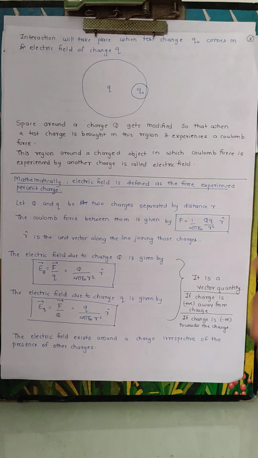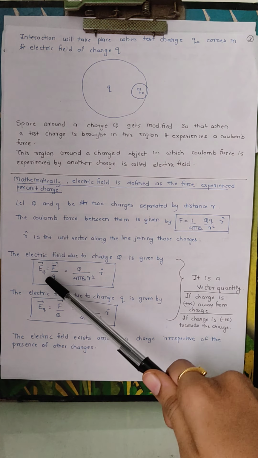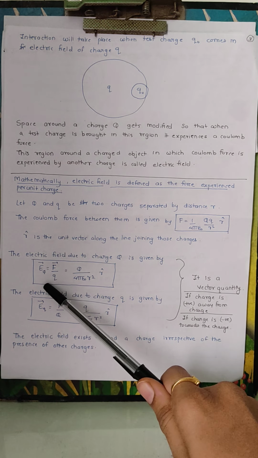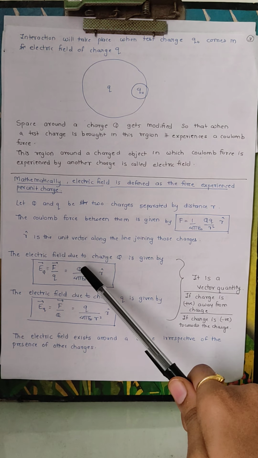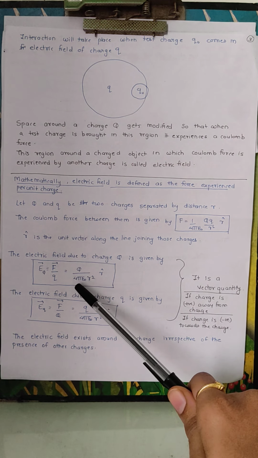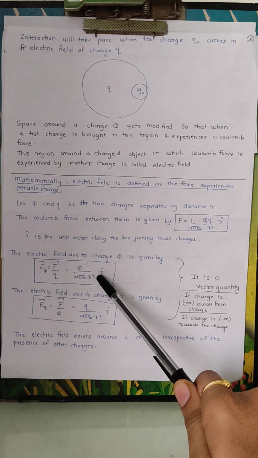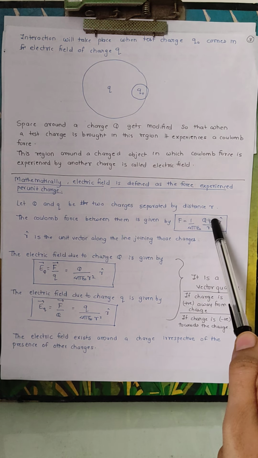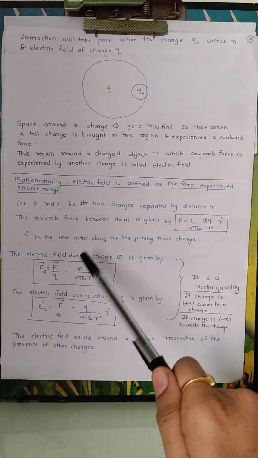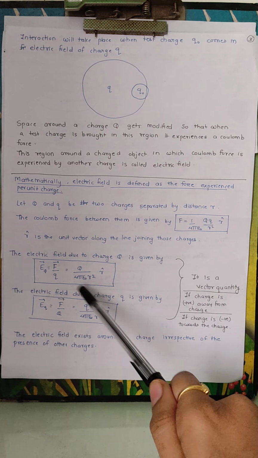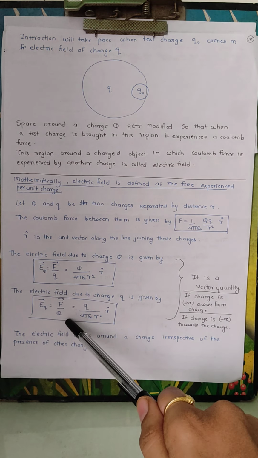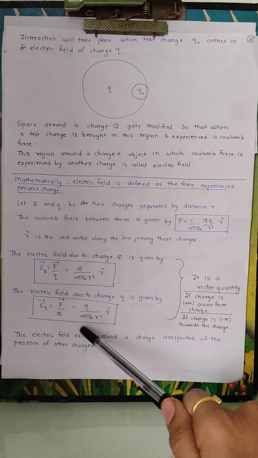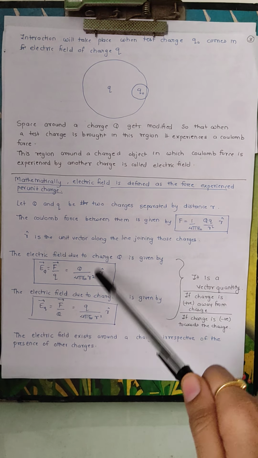So the electric field produced by the charge capital Q is Q upon 4 pi epsilon naught r square. What we have done? We have divided the force by the other charge. So this Q goes and this Q remains, and we get this expression for electric field. Similarly, if we have to find the electric field produced by this small charge Q, then we will divide by this and the remaining expression will be this. So in general,